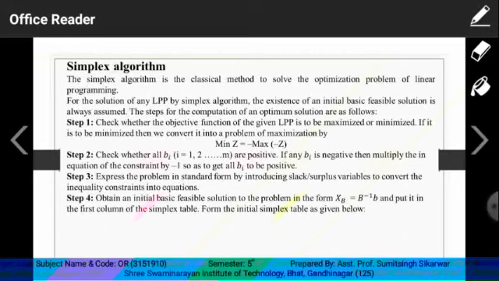Now let us see the steps for computation of an optimal solution, which are as follows. In step 1, we will check whether the objective function of a given LPP